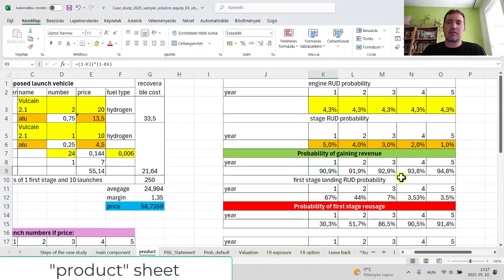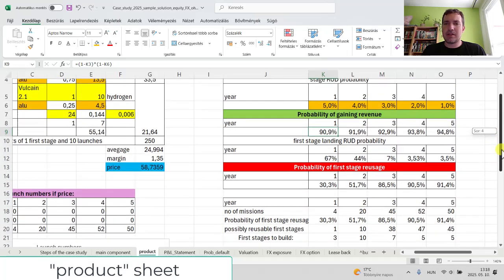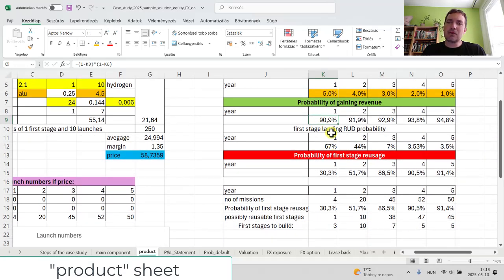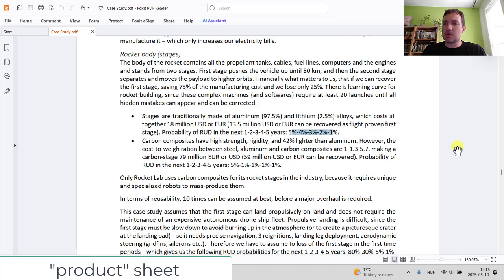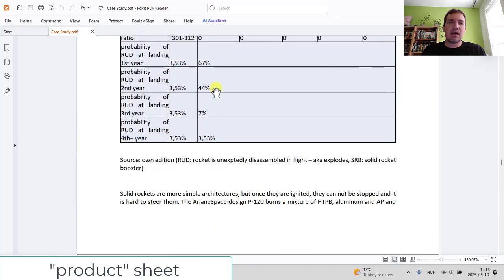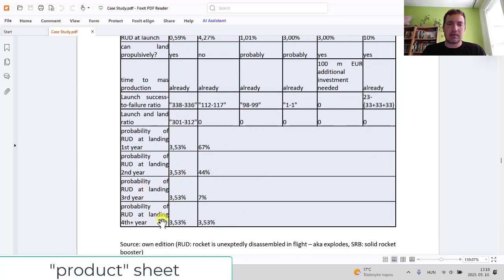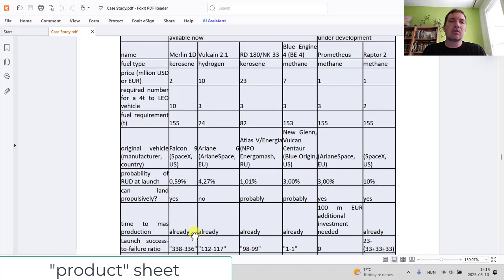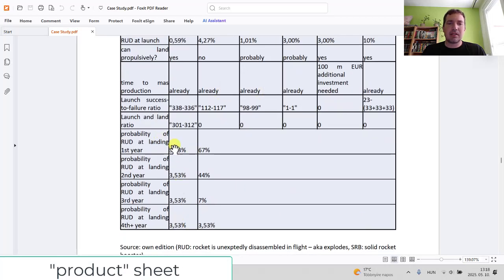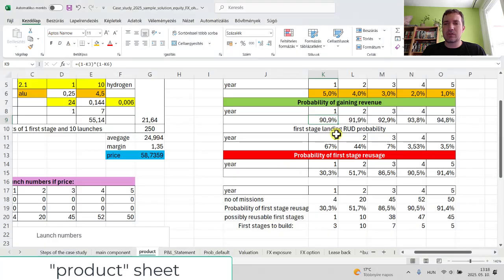And after that Excel we do the math, so it will take the difference from 100, then multiply them, because one component's failure will result in the loss of the whole vehicle. Then the first stage landing probability will come from here. So Merlin can already land safely, so that's why it's a proven technology, while the rest will have a learning curve, so that's why